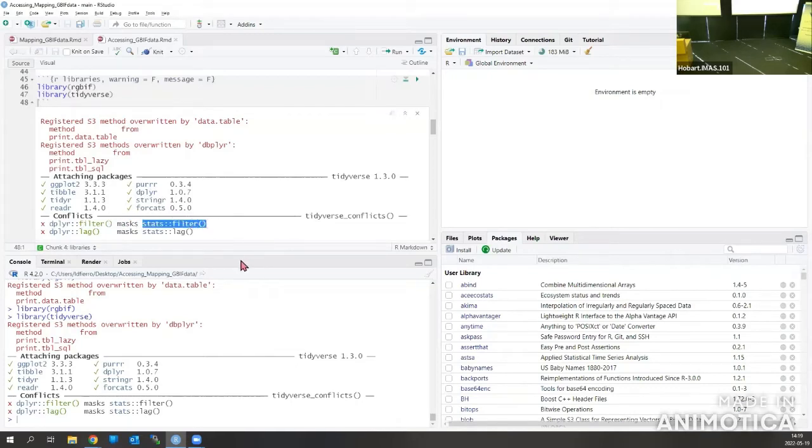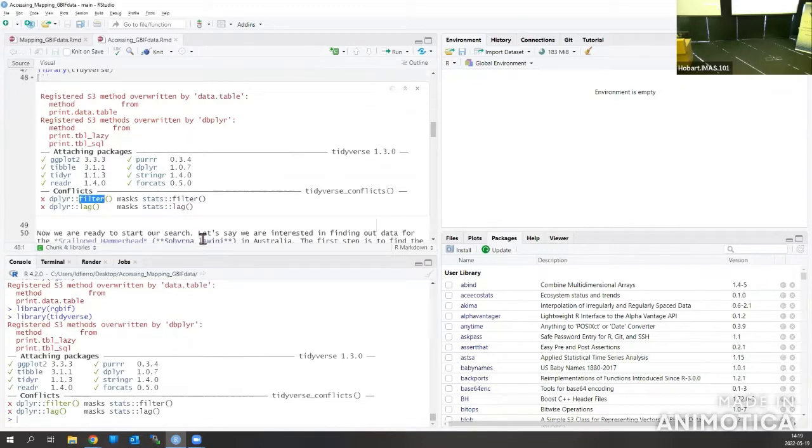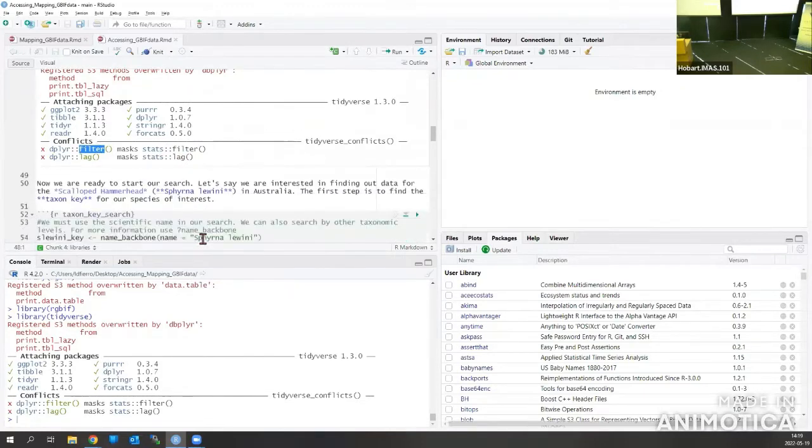So if we want to use these particular functions, it's probably better if we call them by their name and last name. So make sure that you include the package, followed by two colons, and then the function. So this happens with filter and with lag only. Okay, so now